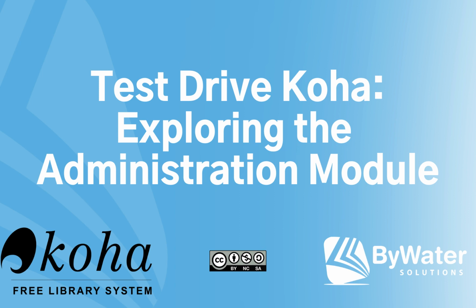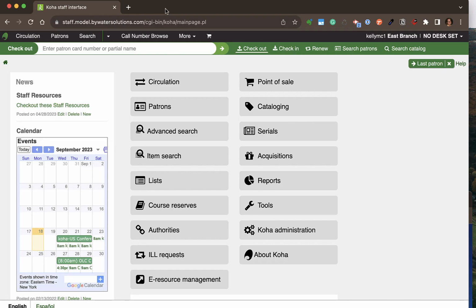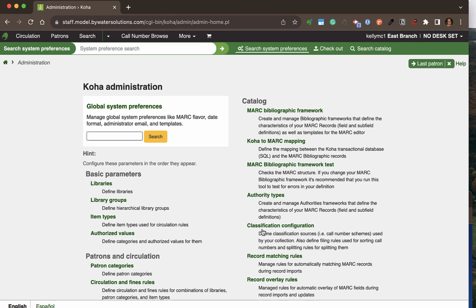This short tutorial will cover the administration area of Koha. The administration area of Koha does have its own module. However, some modules you can link right to those system preferences connected to those modules, such as cataloging. Within the Koha administration area, it is broken up by different sections within Koha, such as patrons and circ, catalog,